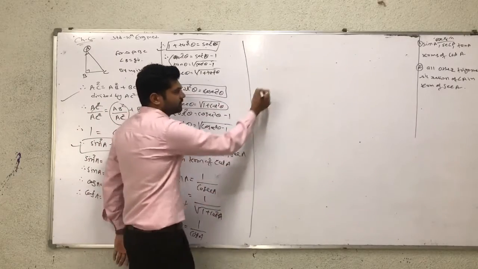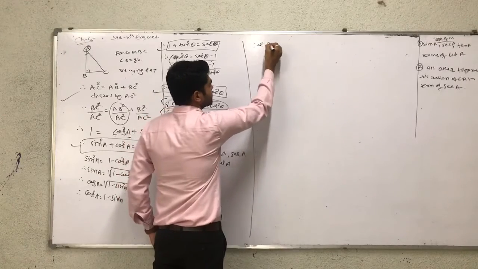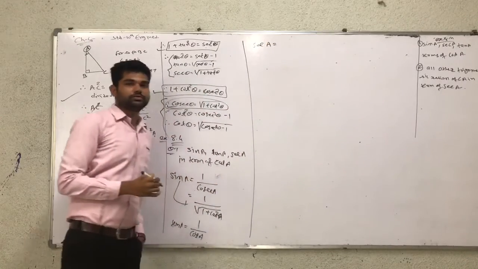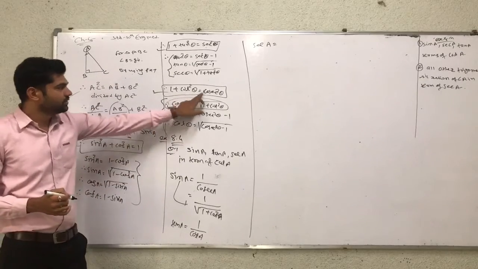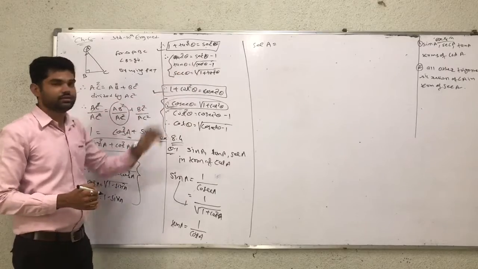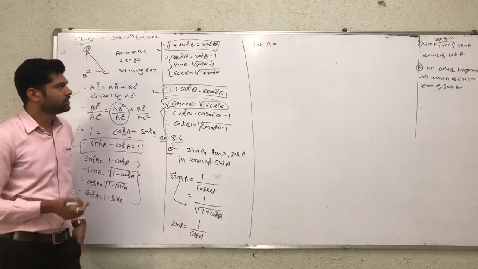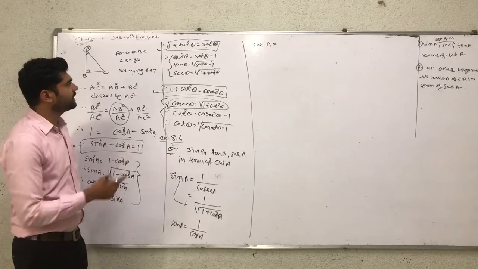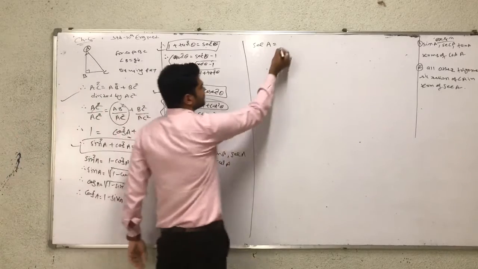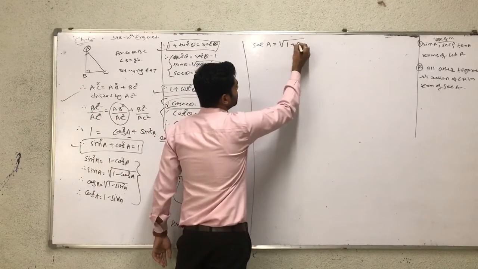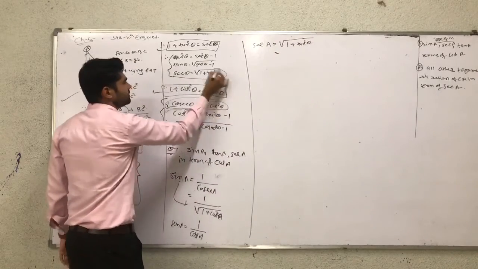Next, the given term is sec A. So sec has to be converted into a term of cot. So cot has two relations, with cosec and with tan. It means the reciprocal of tan is cot. So sec A, we can take sec A is equal to 1 plus tan square theta using this equation.